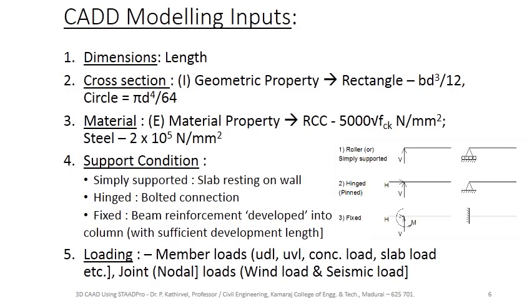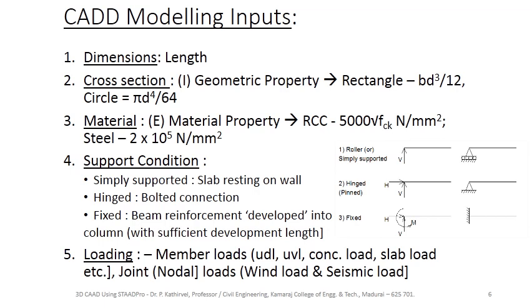So while elaborately seeing the CAD modeling inputs, which is the pre-processing stage, the first step includes the dimension, where the length of the members are given, nodes are given as input, and members are drawn between the nodes to get the length. The second step is giving the cross section,